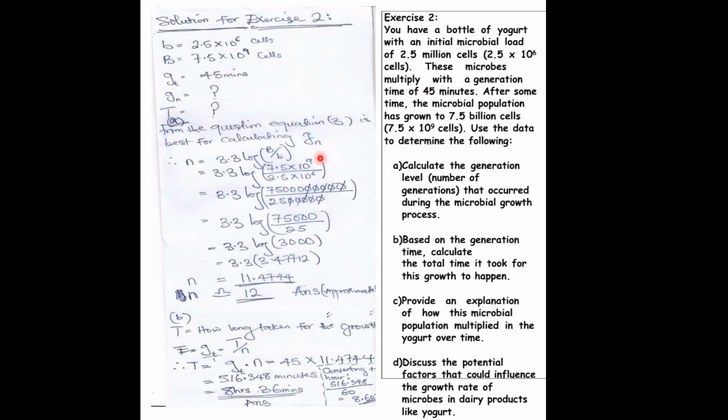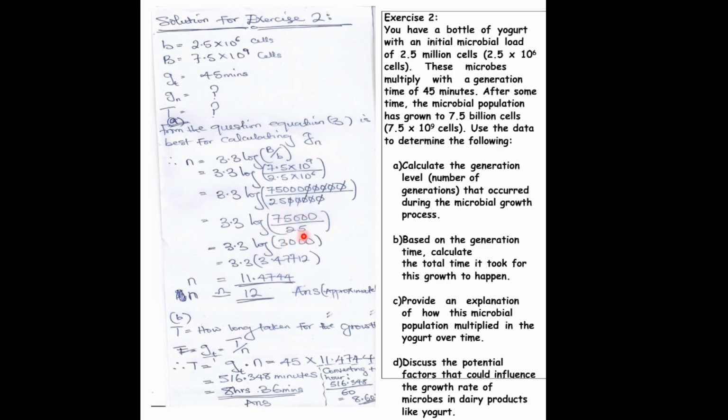Then from the equation, you can know that the best option for you to start with is equation 3, which is in the linear form. You see n is equal to 3.3 times logarithm big B over small b. Then you go into your normal mathematical calculations. You say 3.3 logarithm in parentheses big B, 7.5 times 10 raised to the power 9, and small b is 2.5 times 10 raised to the power 6. So when you simplify the equation further, you expand the standard form into real numbers. When you have it in real numbers the way they are supposed to be, then you cancel out zeros in the process. At the end of the day, you have